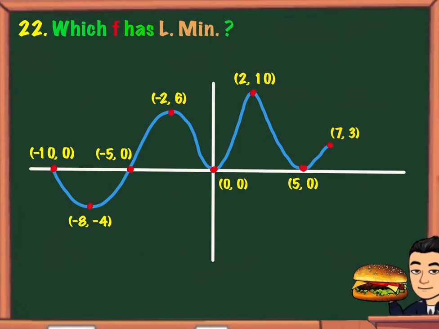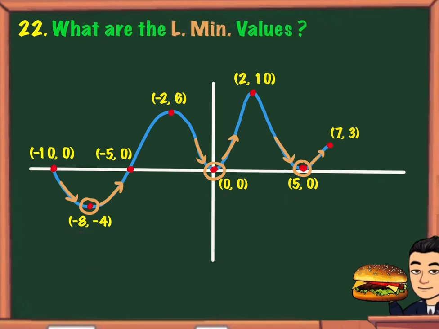For number 22, for every decreasing and increasing, you see that there is going to be a local minimum. And one more over here, decreasing and increasing, another one. And the last one, decreasing, increasing, one more. So you want to just write the x-coordinate, -8, 0, and 5. For the values of local minimum, you want to write the y-coordinates, which is -4, 0, and